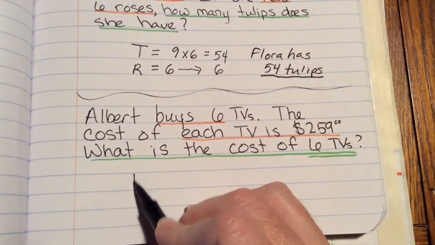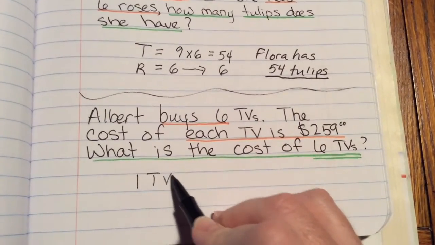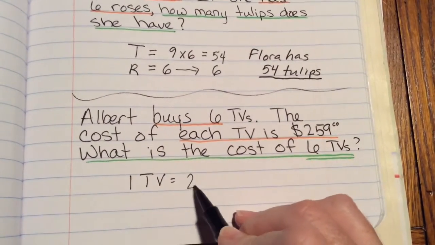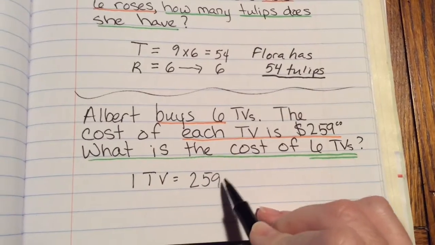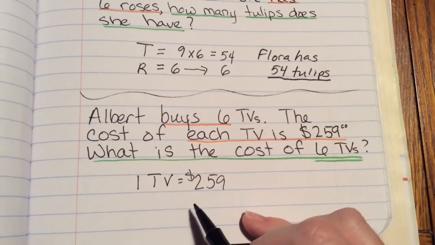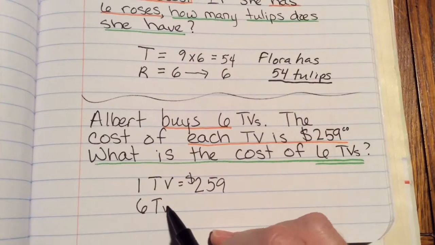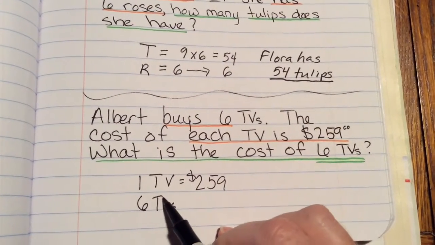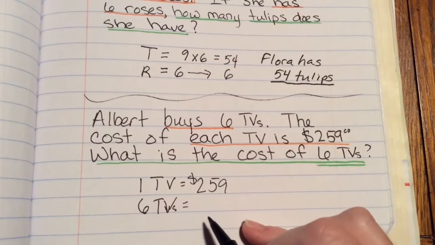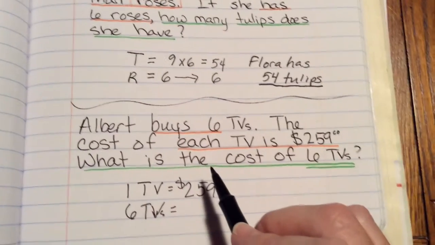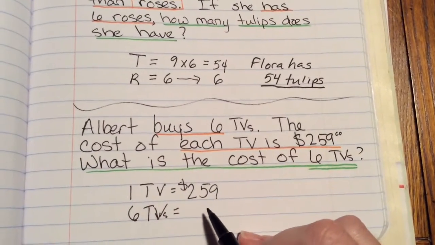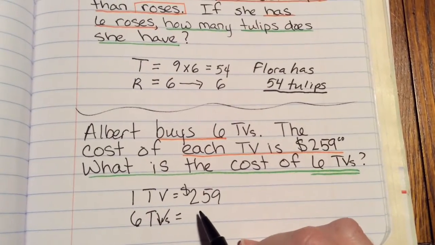So I'm going to put down that one TV is $259, and he's buying 6 TVs, okay? And the question is, what is the cost of 6 TVs? Well, that sounds like we're doing